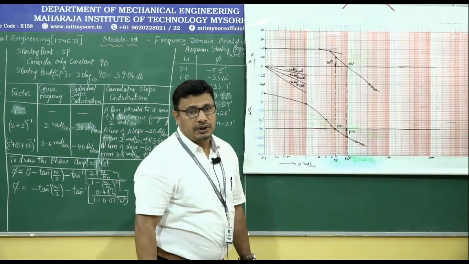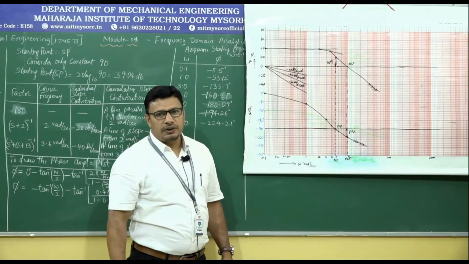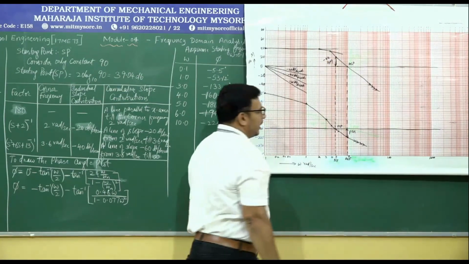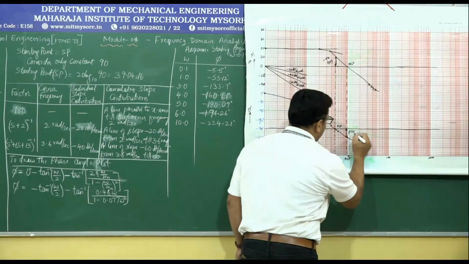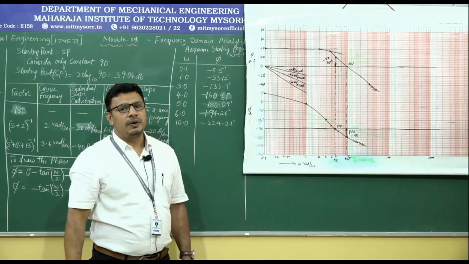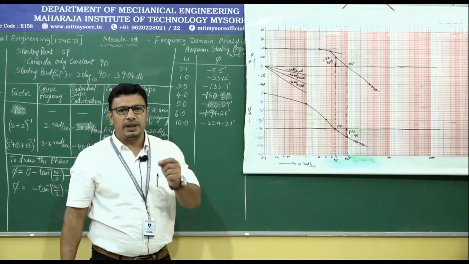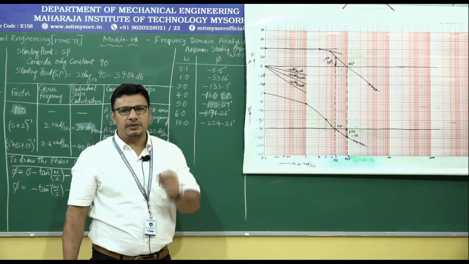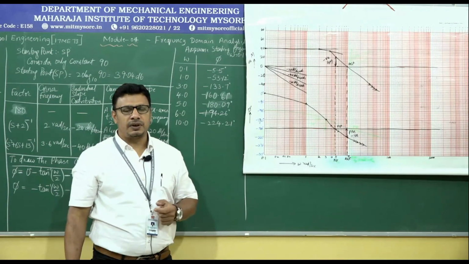And as we know the ground rule, if the gain margin is found to be above the 0 decibel line, it is negative. So it is negative gain margin. And if the phase margin is found to be below the minus 180 degree line, it is negative. So negative phase margin. And the condition for stability is that if and only if both the gain margin as well as phase margin are found to be positive, only then the system is going to be stable. If both of them are negative, the system is unstable.